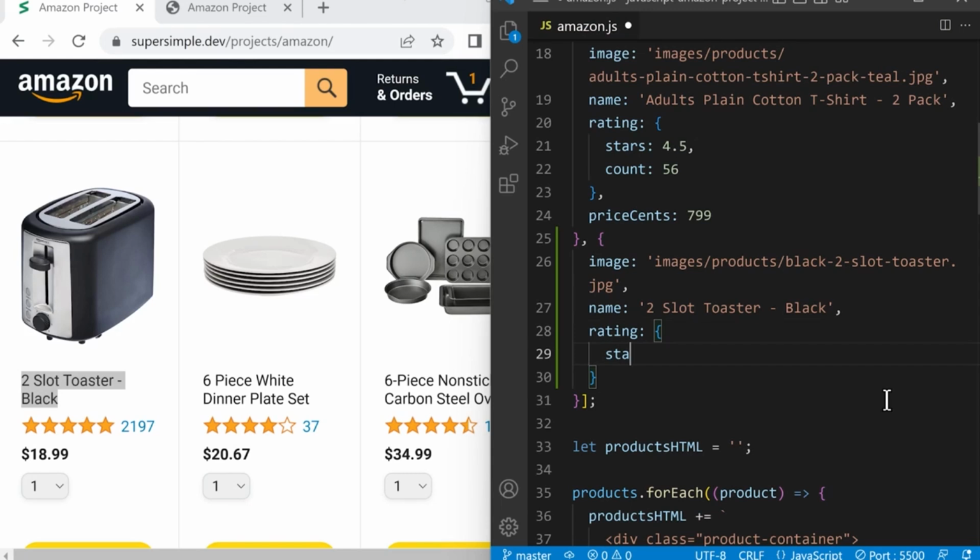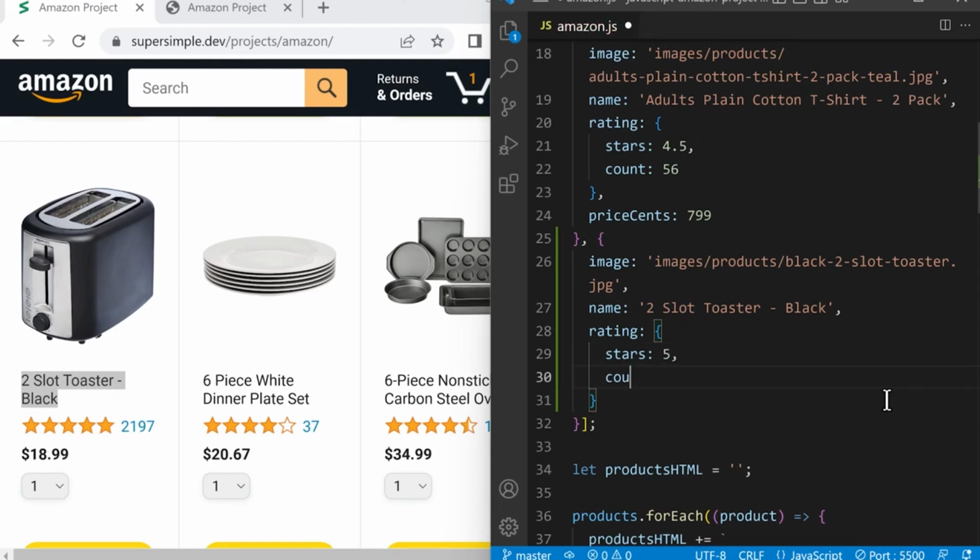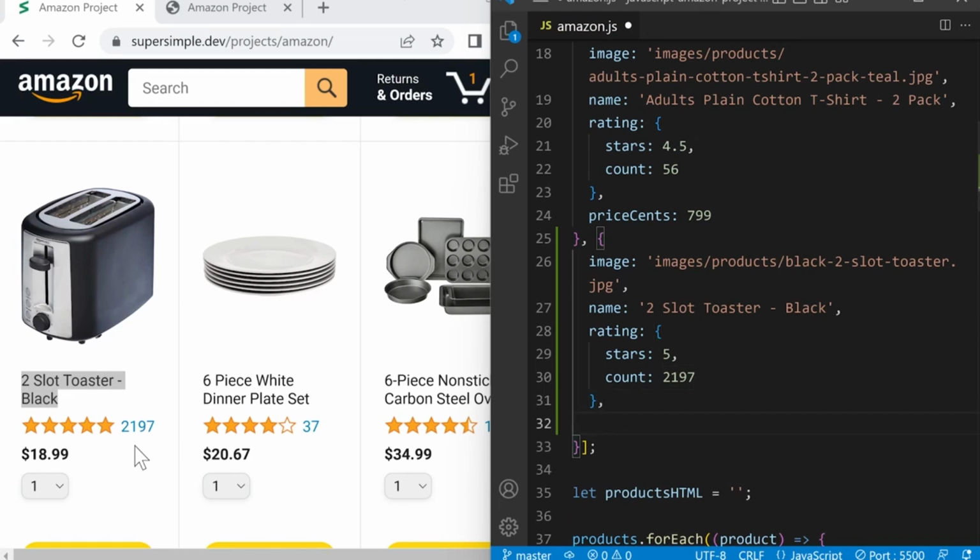We have the stars, which is 5, and the count, which is 2,197. And at the end, we're going to add the priceCents: 1,899 cents. So now if we save this JavaScript file and then go back to our project,